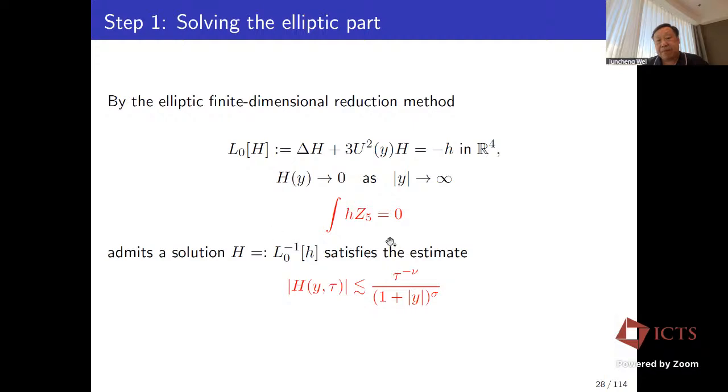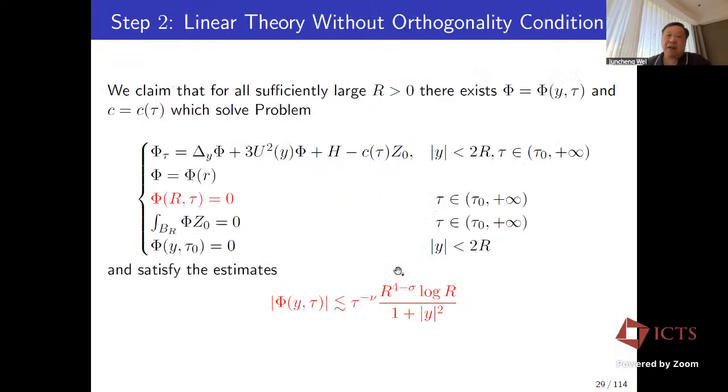So we can solve this problem by elliptic theory, because we do not need L2. We can use D12 or another space. We get an elliptic solution. This is our first step. The elliptic solution decays in space and in time. In the second step, we solve